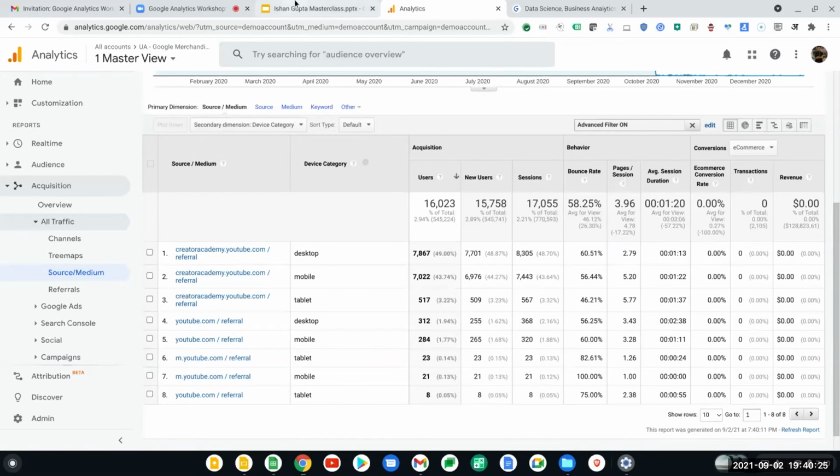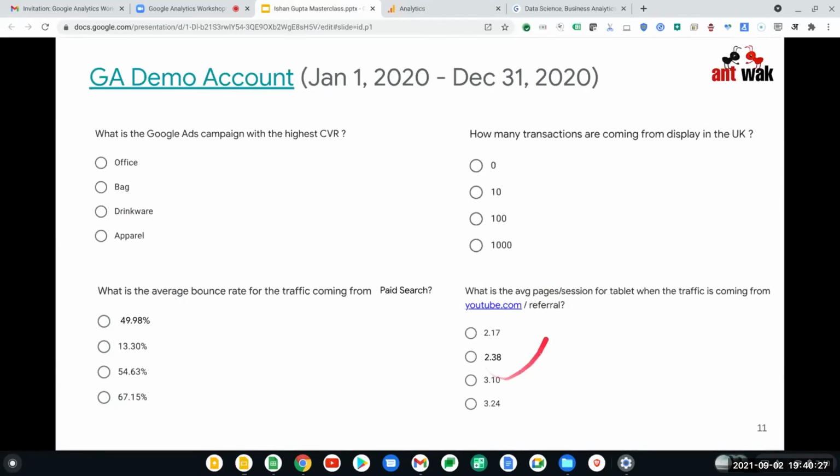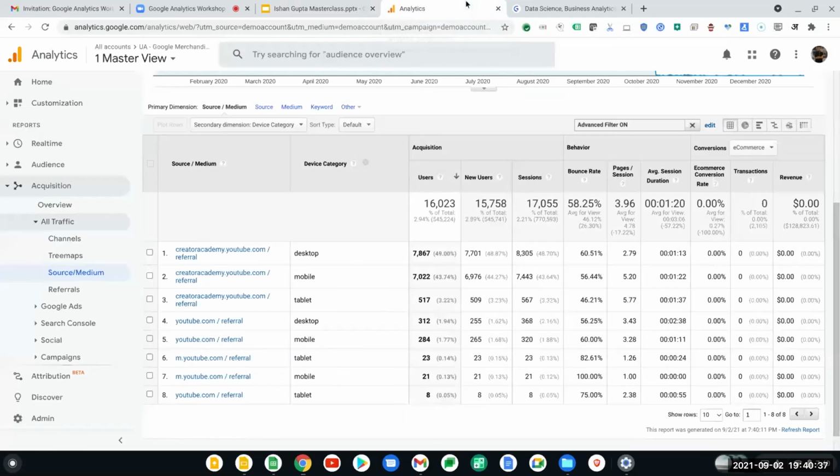What is the answer now to this question? What do I do here? So I need to find the average pages per session wherein the source medium is 2.38. 2.38, right?